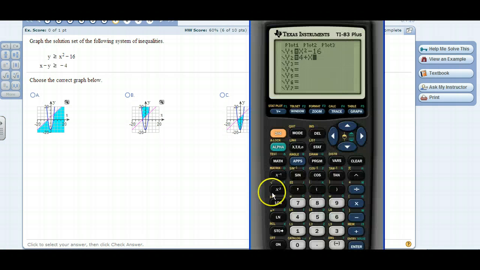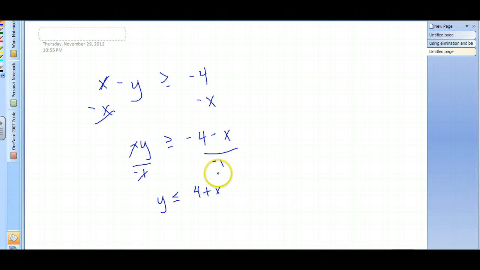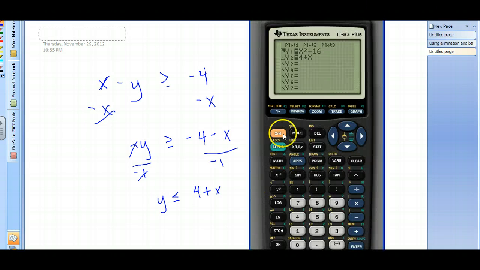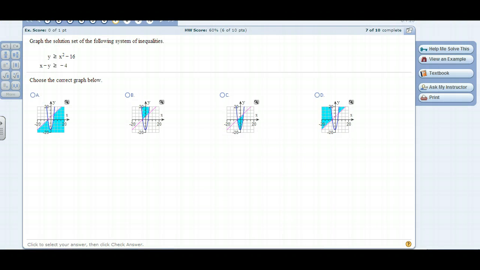Alright. And now get your order symbols correct. So the x squared minus 16y is isolated, it says greater, so we're going to do the shading above. Alright, the other one, after we got y isolated, it's less than, so I'm shading below. Alright, now when I hit graph,